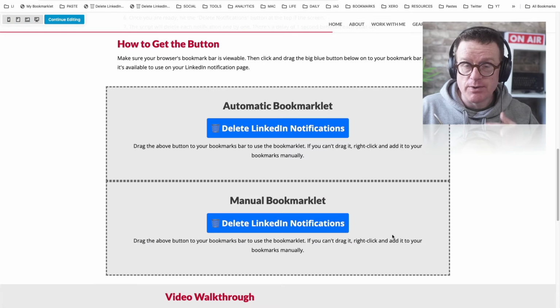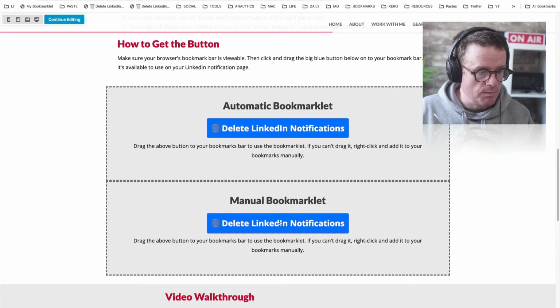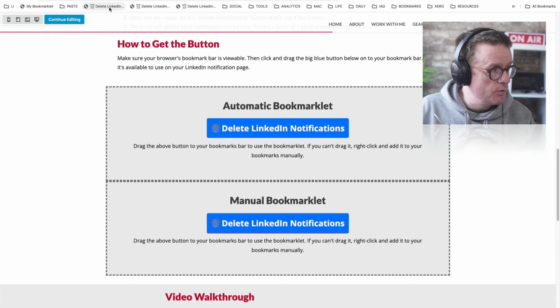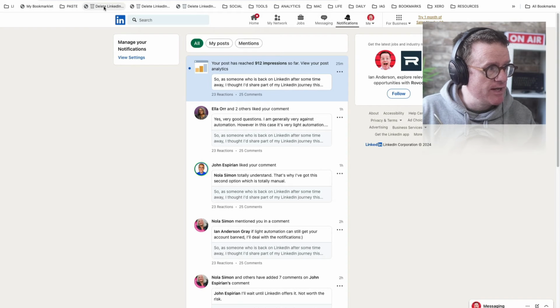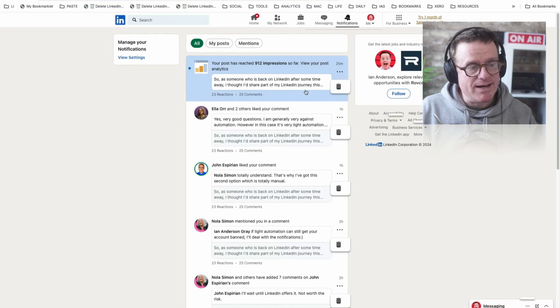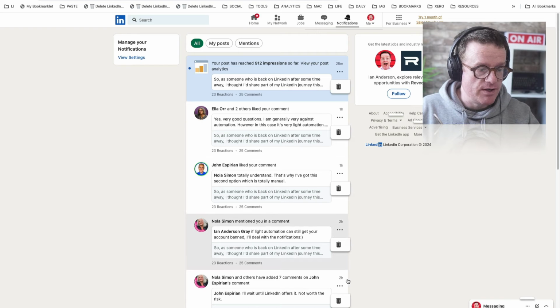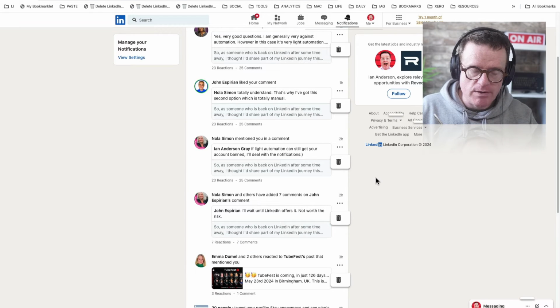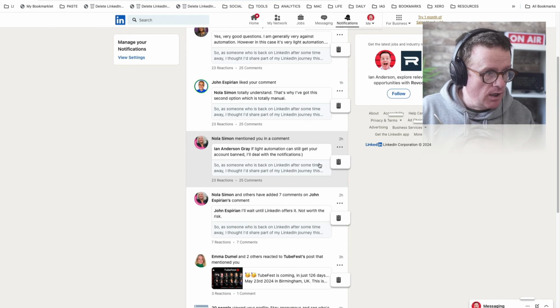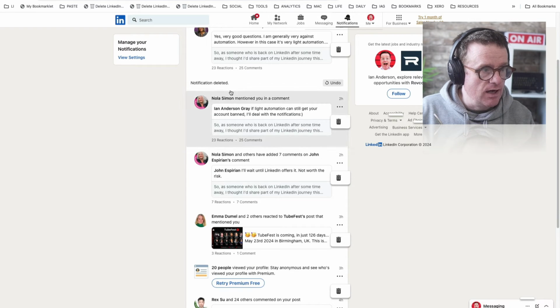Okay, Future Ian back here. So that script does simulate the clicking of the button. If you're not happy with that idea, then I've got another script for you, which basically just changes the styles of the page. So there's no automation at all here. So in the accompanying blog post, there's a manual bookmark. Again, you just click and you put that at the top of the page. Let's go to notifications, and I'm going to click on that button. So now what that does, it just displays the trash can for each of the notifications here. So there's technically no scripting, no automation here. So for example, I can just click on that, and then it will delete it.